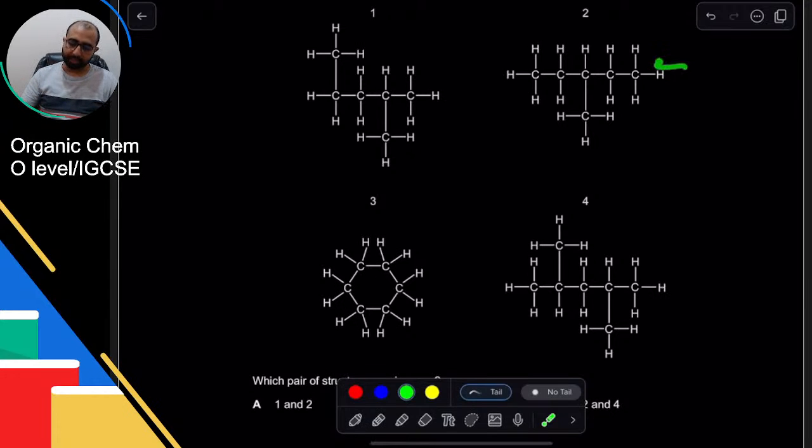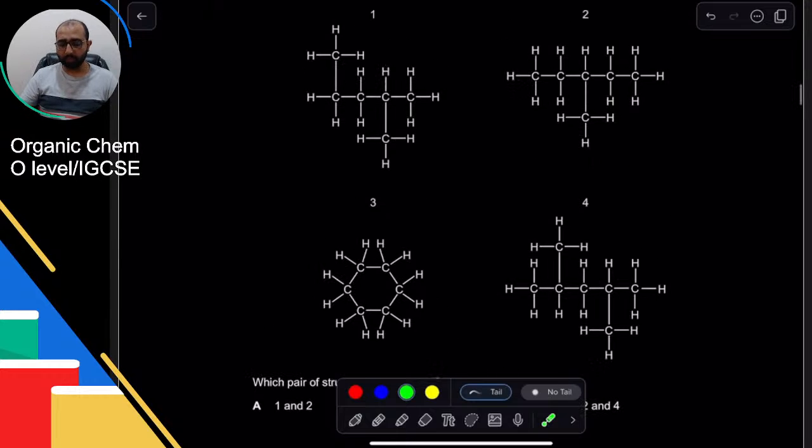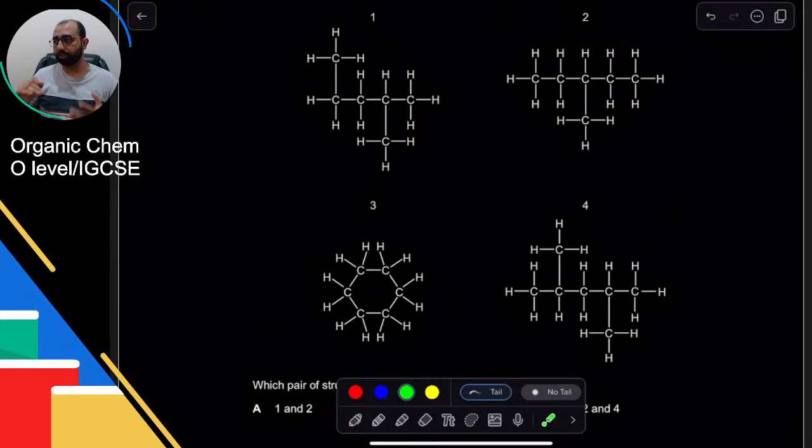अच्छा, अब यहाँ से देखते हैं. यहाँ से काउंट करेंगे तो 1, 2, third carbon has branch. If you count from here, third carbon has a branch. So इसका मतलब है कि ये दोनों isomer हैं. Okay, let's try here. 1, 2, 3, 4, 5. Okay, and 2 branches. That means कि this one is a different compound. इसमें 6 carbon है, 4 नहीं है या 5 नहीं है. So 1 and 2 are likely to be isomers.